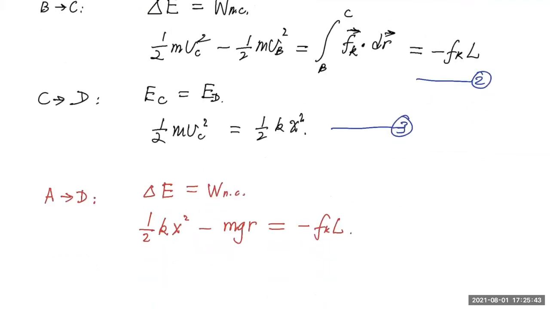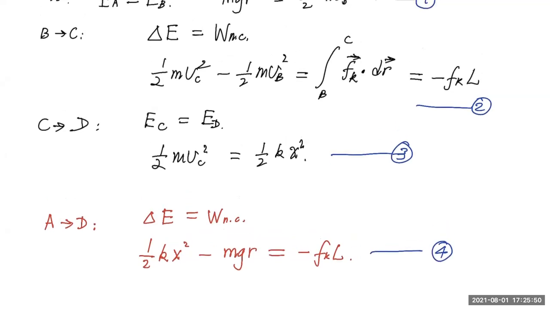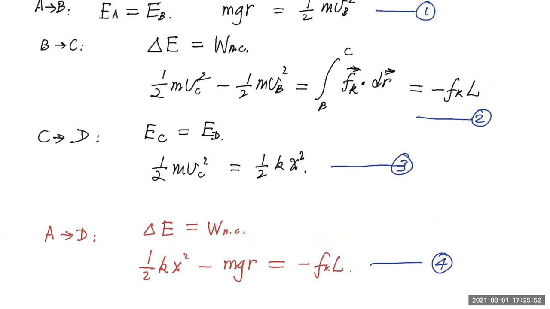But here we only have one last equation, equation number 4. But equation number 4, you can solve for x from equation number 4. It will be consistent with the three equations that you have before, 1 through 3. You can easily see that because look, in equation number 3, we found 1/2 mvc squared to be equal to 1/2 kx squared. And here in equation number 4, you find 1/2 kx squared to be the sum of mgr